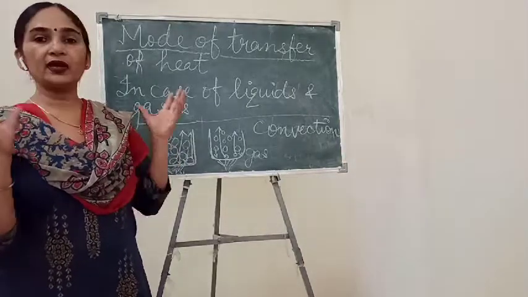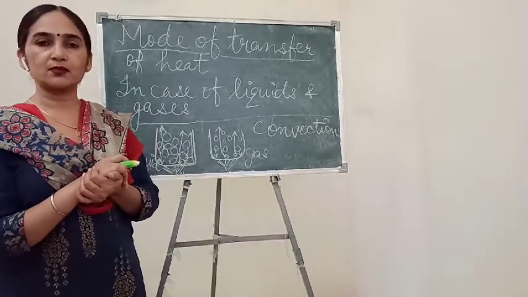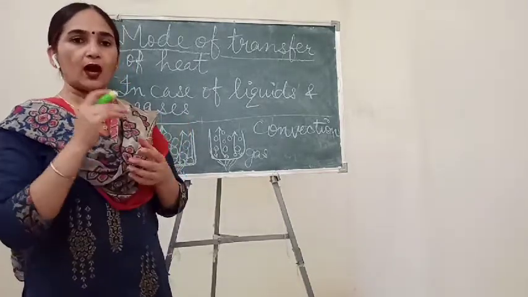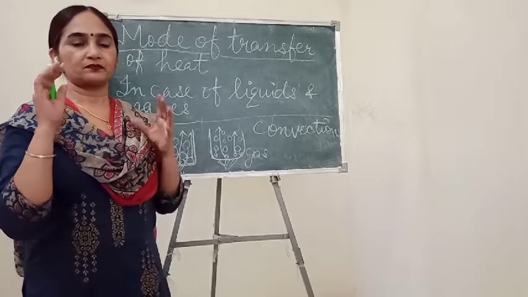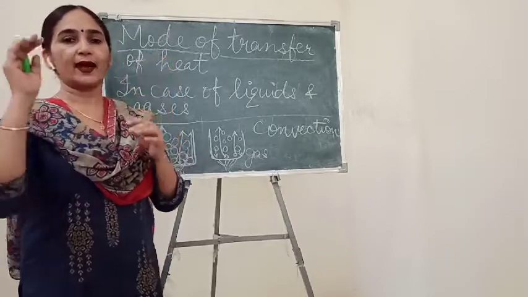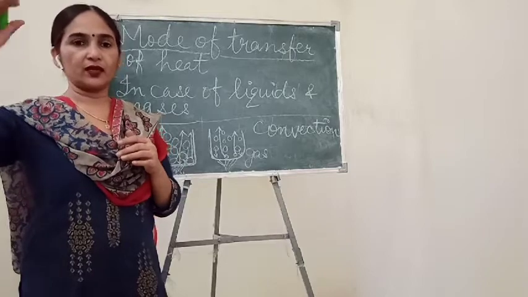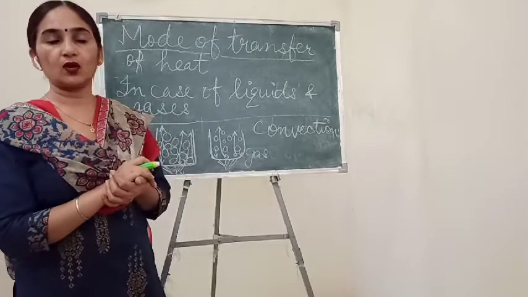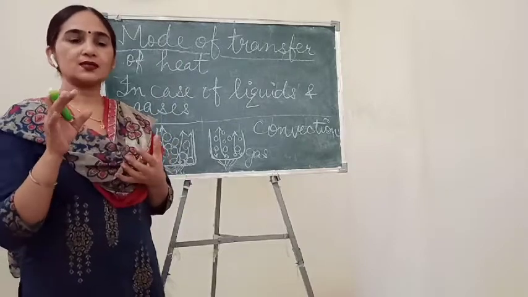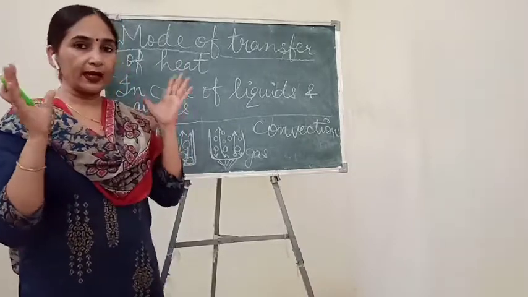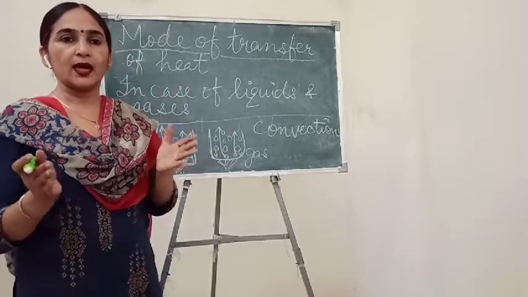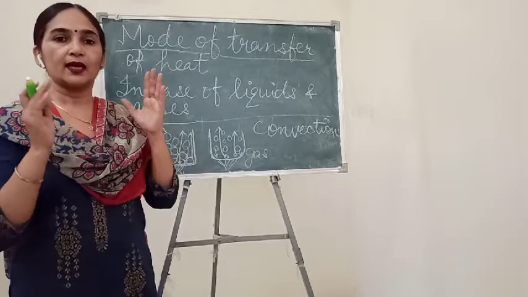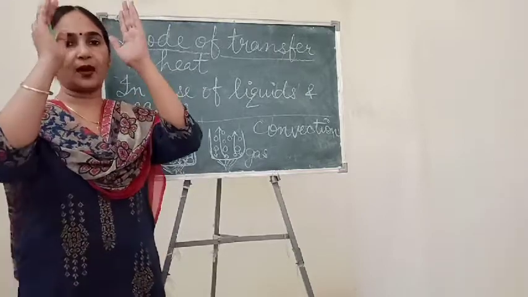These room heaters also work in the same process. An air cooler, or we can say an air conditioner, is always attached at the top. We can't keep an AC at the bottom or on the floor. Why? Because when air gets hot, it always moves up. Hotter molecules always move upward.